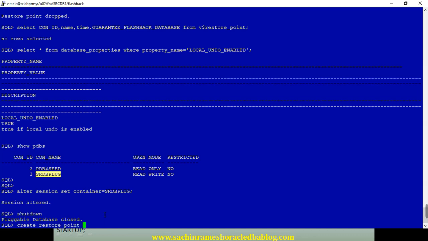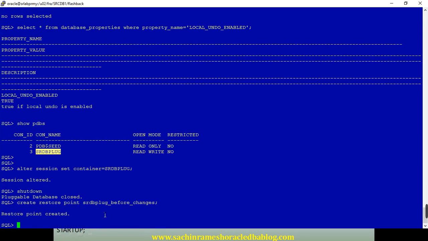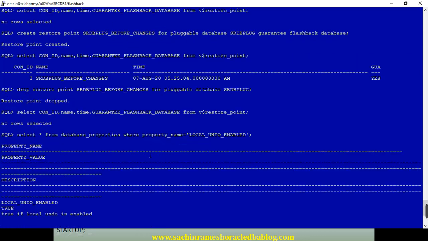Restore point, SRDB plus changes. You can check.